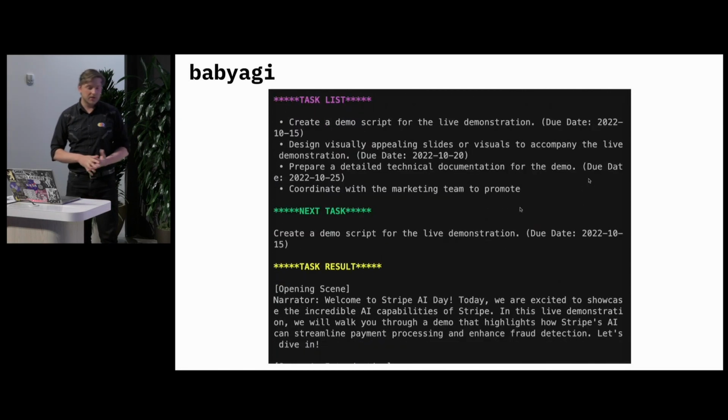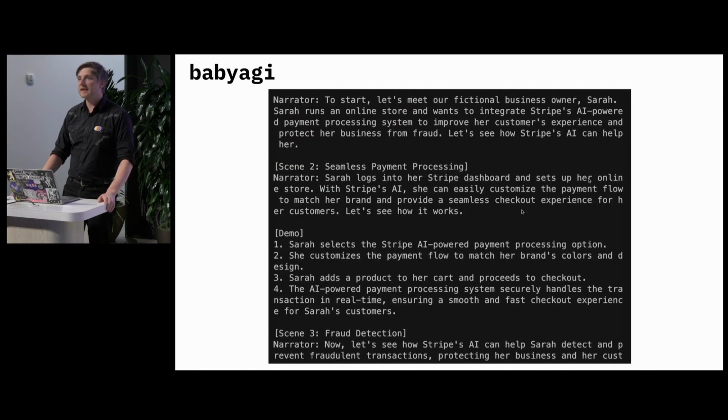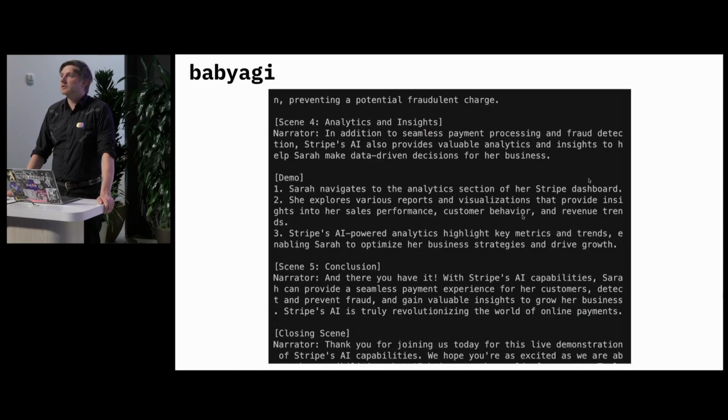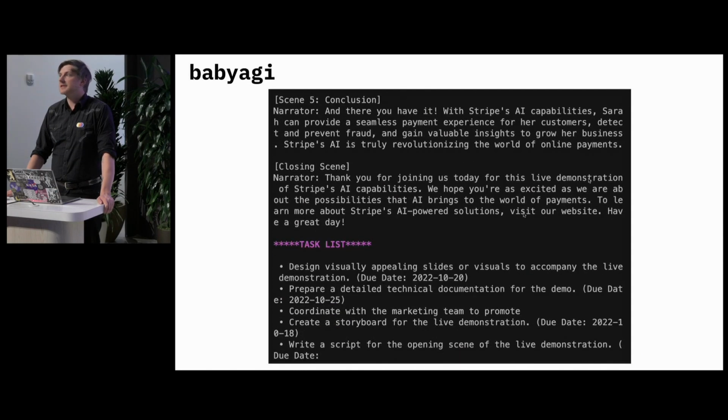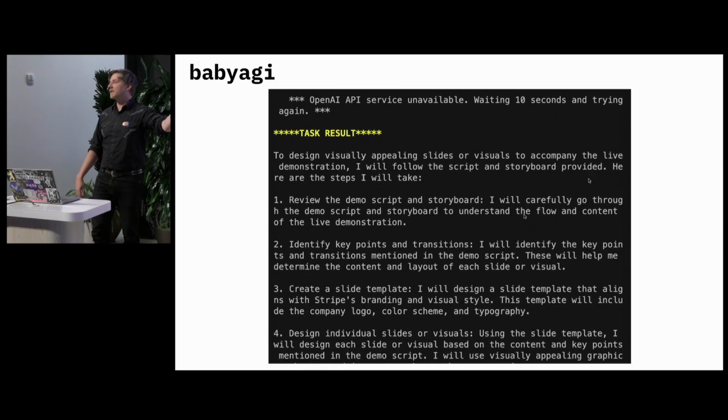So Baby AGI is kind of great. As the name says, it's an attempt to build a general purpose agentic system. Right now, it's basically a toy, but a lot of great technologies start off as toys. And part of the reason why I'm so bullish on these things is because they're toys that anybody can pick up and experiment with. And what it does is you give it a task at the start, and it generates